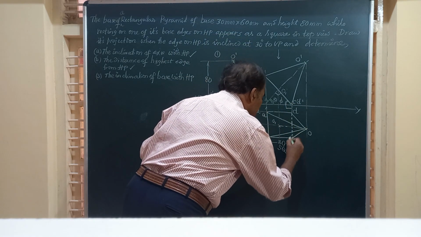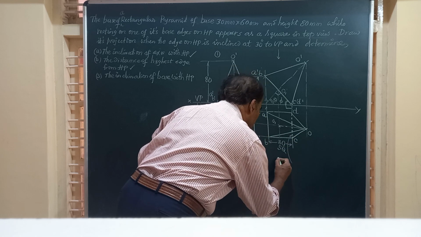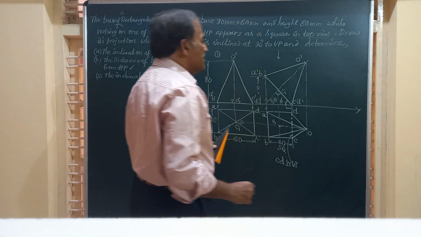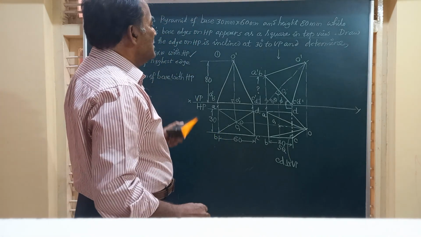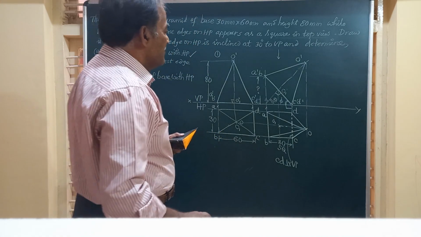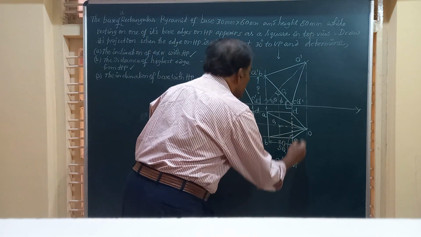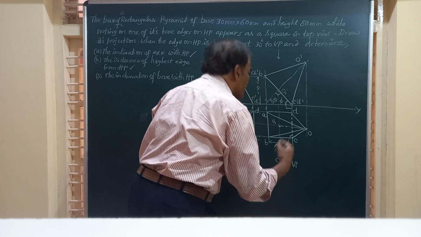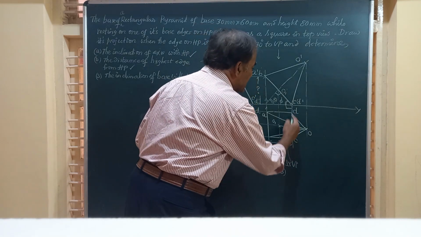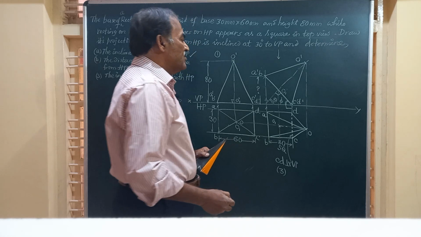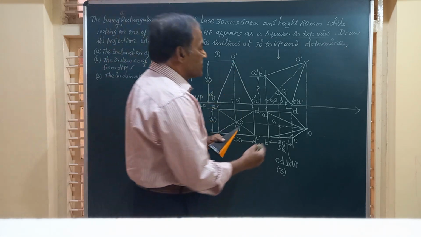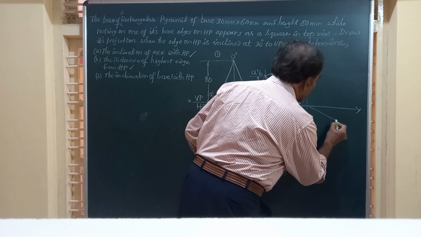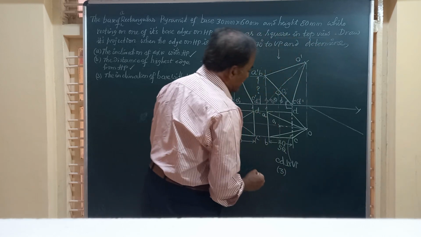I will write down here CD perpendicular to VP. But friends, it should be at an angle of how much? 30 degrees to VP. Friends, I am going to redraw this figure, say figure number 3 as figure number 4, with CD inclined at an angle of 30 degrees to VP. So friends, I will write a line here anywhere on the x-axis, and there I am going to mark